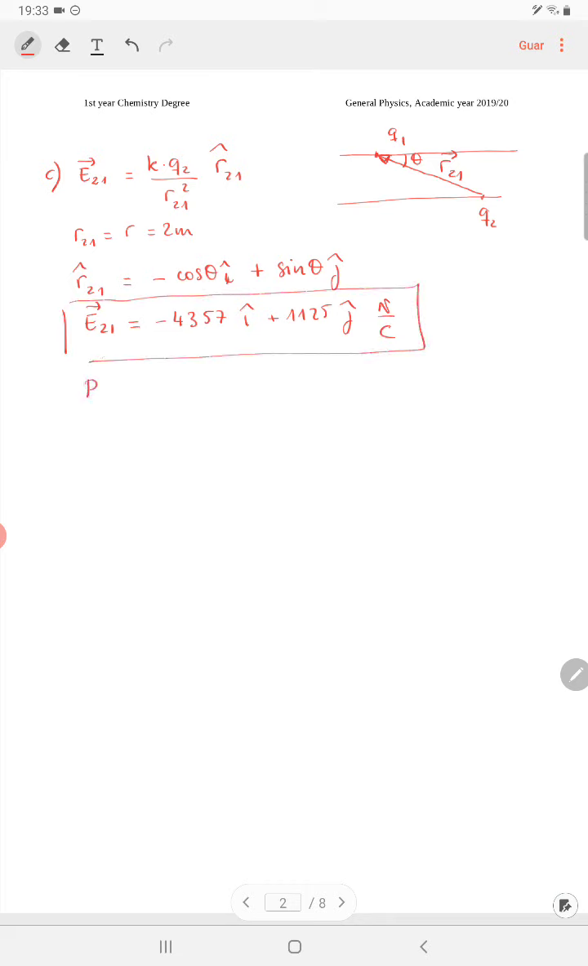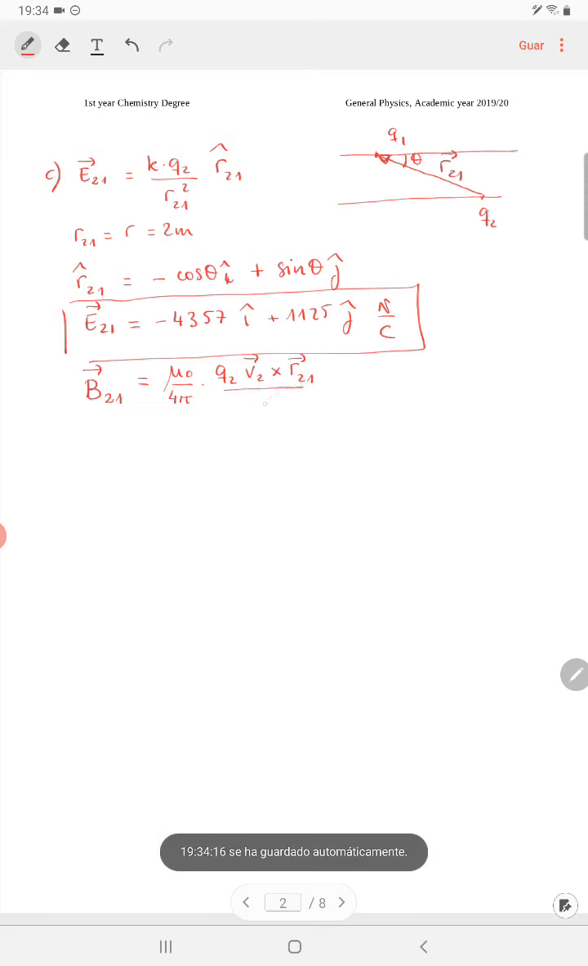Okay, for the magnetic field created by the second charge where the first charge is, this is equal to mu sub 0 divided by 4 pi times the second charge, which is generating the magnetic field, times the velocity of the second charge, the cross product with the unit vector that goes from the second to the first one, divided by the square of their distance. Okay, so here we have to